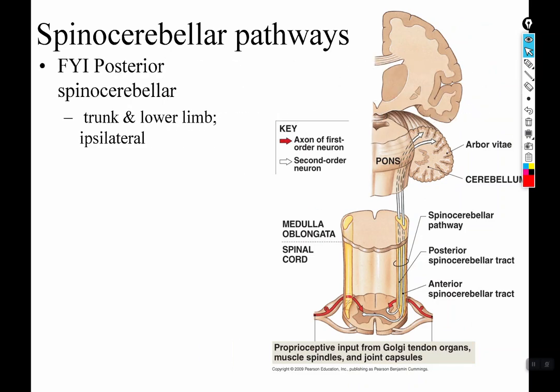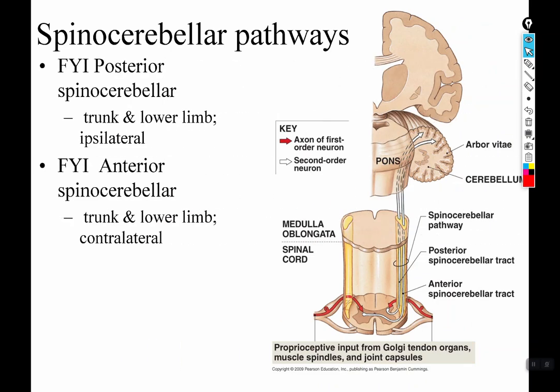So the anterior and posterior. One decussates in the anterior white commissure of the spinal cord. The other one does not, and it stays on the same side, and that is going to be here. So you can see the posterior spinocerebellar tract does not decussate, so that makes it,